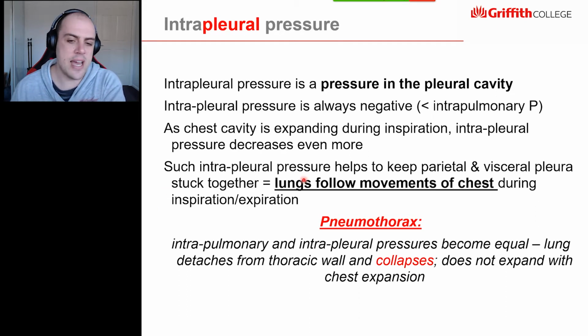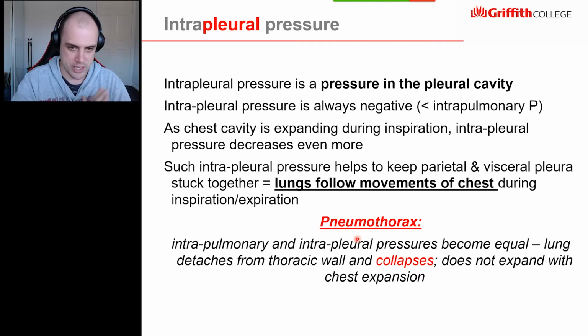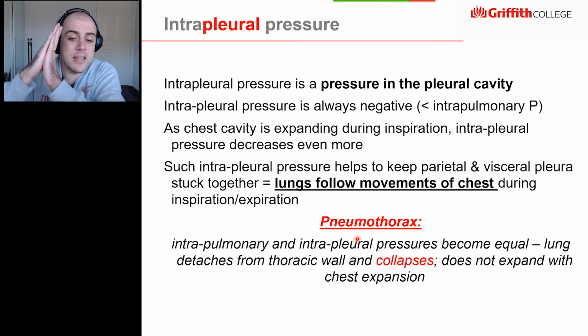So in the event of, say, a pneumothorax, what is going to happen is that negative pressure, when we compare the intrapleural pressure and the intrapulmonary pressure... let's do that again. When we are comparing the intrapleural pressure with the intrapulmonary pressure, the intrapleural pressure must be lower than the intrapulmonary pressure, so it sort of sticks on it like a suction cup. If we don't see that pressure difference, what's going to happen is that essentially the lungs